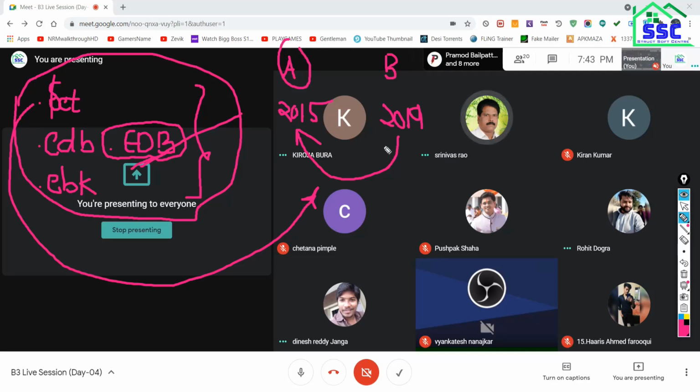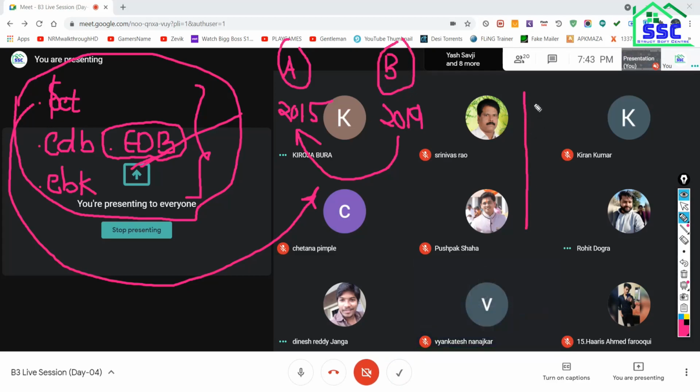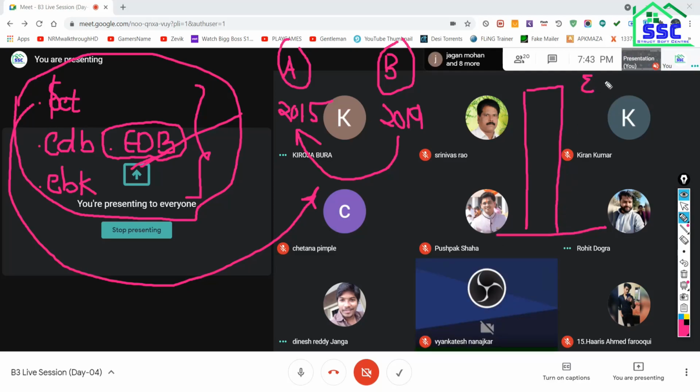Now, why is that the reason? Suppose I am person B, and I have analyzed a high-rise structure. As you all know, in a high-rise structure we have assigned the earthquake loading as per IS 1893, 2016 revision. Now a person is using the 2015 version, so the code is 2016, so this code will be available in the 2015 version.